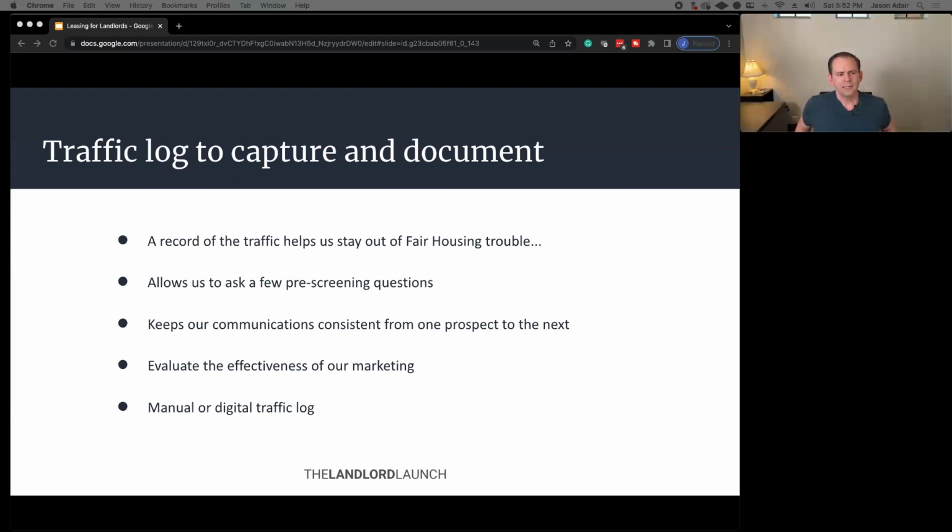Okay, so onto that traffic log. Now, the traffic log is basically just a record that helps us keep track of everybody that's calling, when they called, and do a little pre-screening and capture some basic information about that prospect. It does help us stay out of fair housing problems, just because of any documentation, and that's assuming